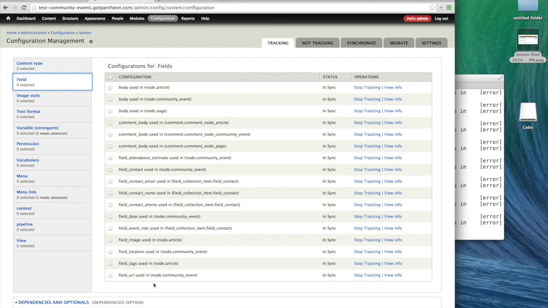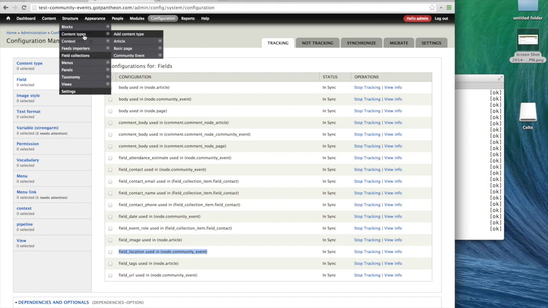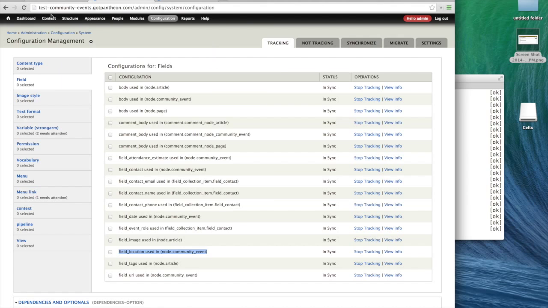So it's writing that code to the database. And now I see that my field location is in sync and being tracked. And if I go to structure, content types, community event, I'll see that I have a location field here. So now if I add a community event,